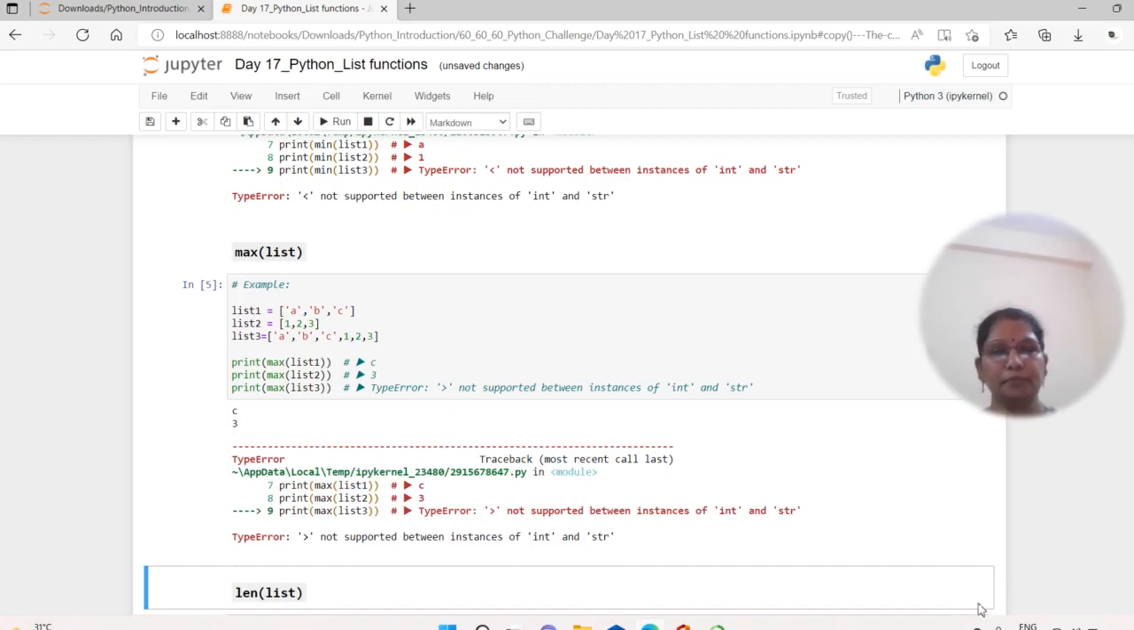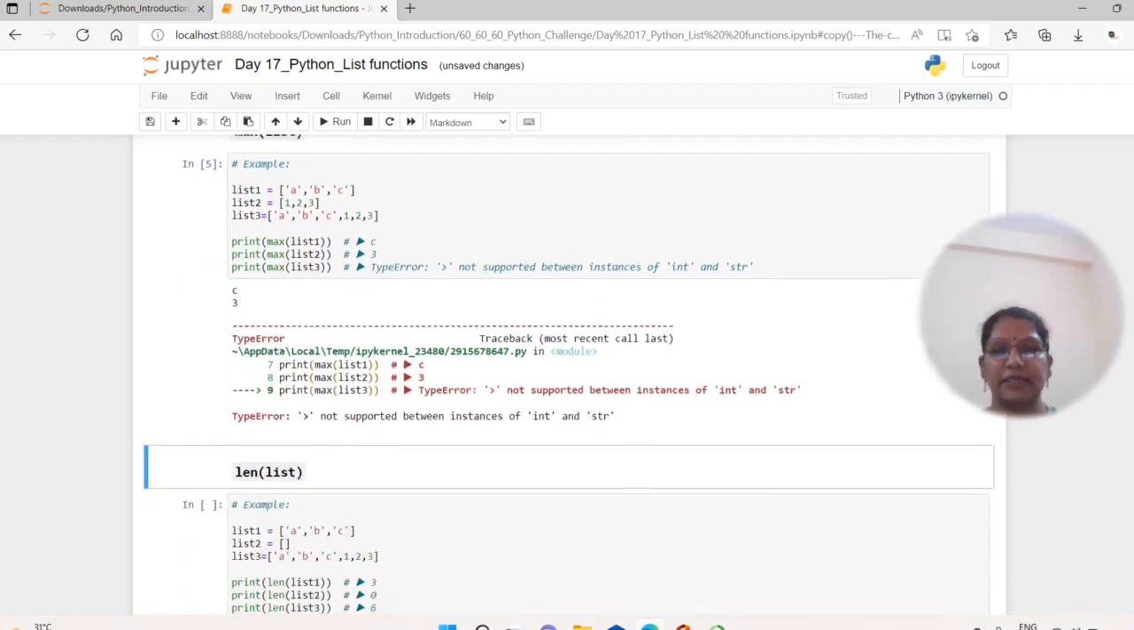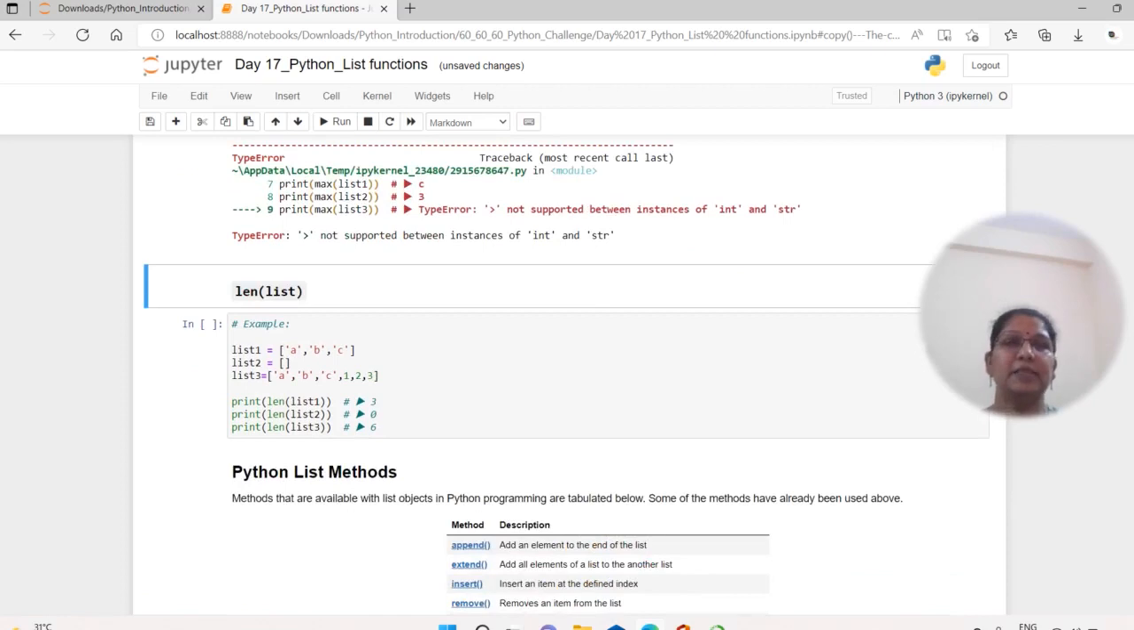Fine. Next, let me just see the length. So the length method returns the number of elements in the list, whether it is anything mixed or a normal thing. Okay, so see here, list 1 just has 3 elements, so it returns 3, and list 2 is an empty list, so it returns 0, and list 3, even though the elements are not